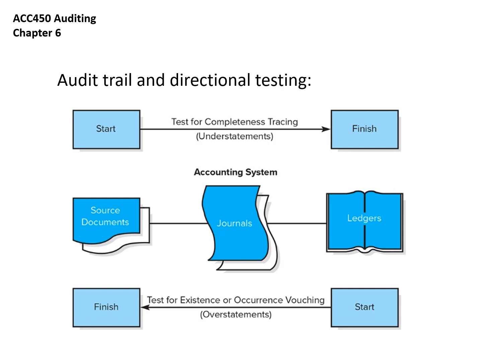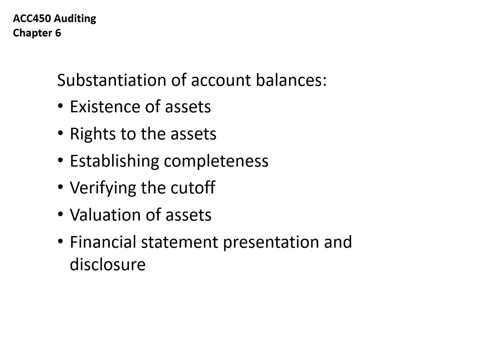So we're going to be more worried about assets and revenue being overstated, more worried about liabilities and expenses being understated. Those are usually the directions that companies will fudge things. So substantiation of account balances, we're going to make sure that assets actually exist and that the company has legitimate rights to those. We'll document that, take pictures of assets, take copies of titles to the assets, that sort of thing, or sale contracts. We'll establish completeness,